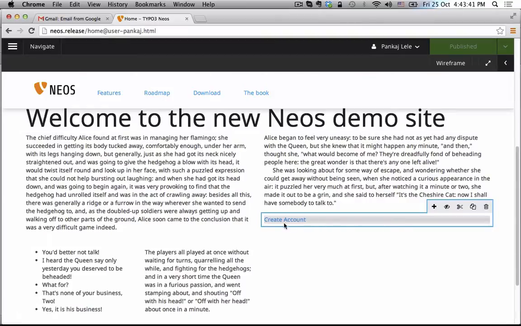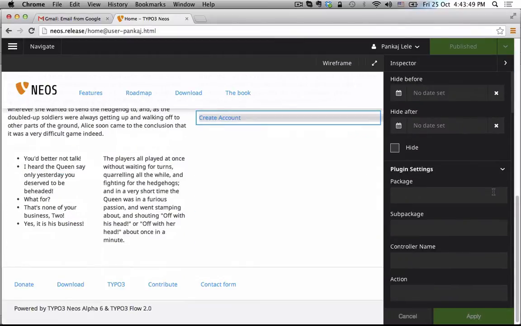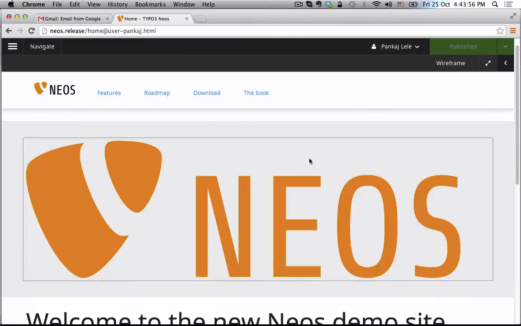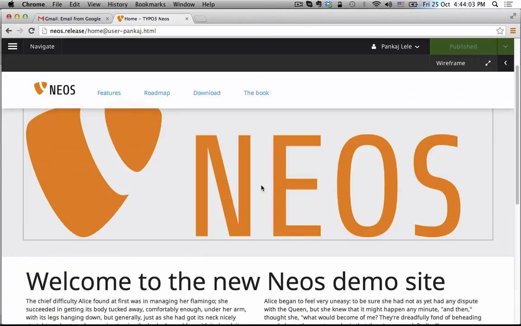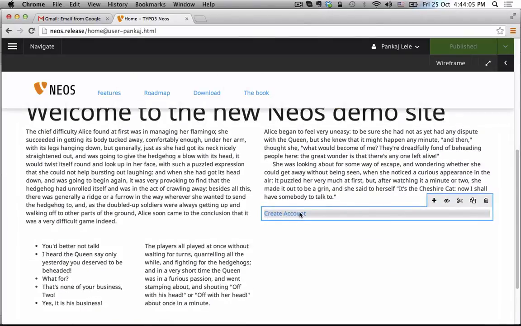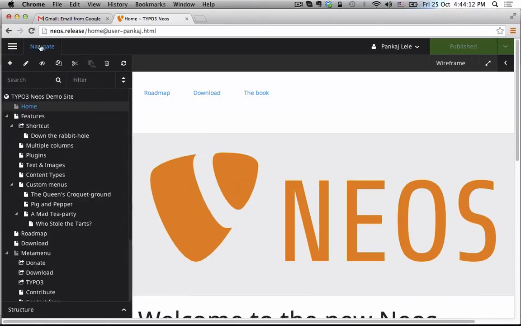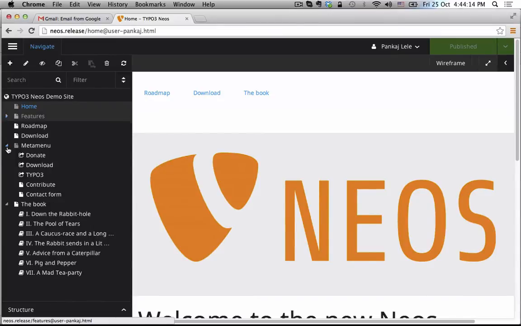Okay, so now if you take a look at this registration plugin we have, it does not show which plugin views are available because we have not configured any plugin views. Even if you try to make a plugin view, you will not be able to see it until we configure it. So first, once I click on create account, it should go to another page, and on that page I want to configure the new action of the registration plugin. So I will create a page as register,